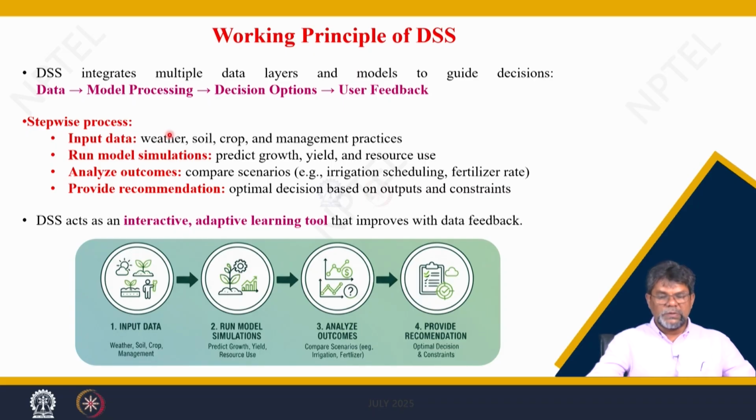So, you have the weather data, soil data, crop data, with manual options, or the four files that go into the model: a weather file, soil file, crop genotype file and the management file. Run the model and simulation. As you discussed, if you have a model output, you get the yield, you get the biomass, and that is a very quick process. Analyze the outcomes, compare the scenarios as per the input management, then provide the recommendation, which is what decision making is.